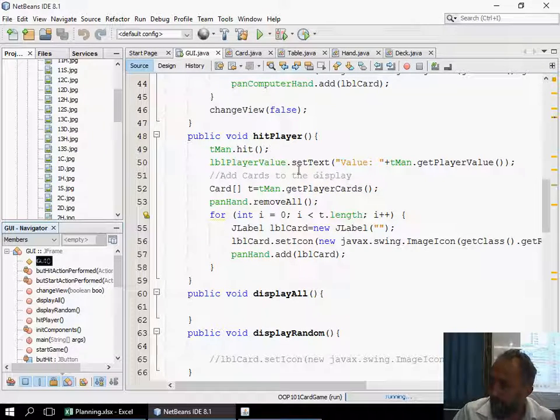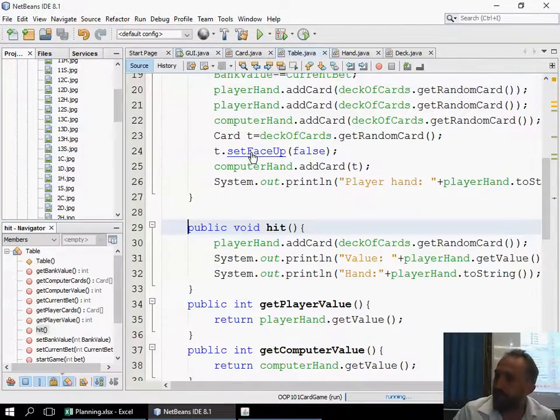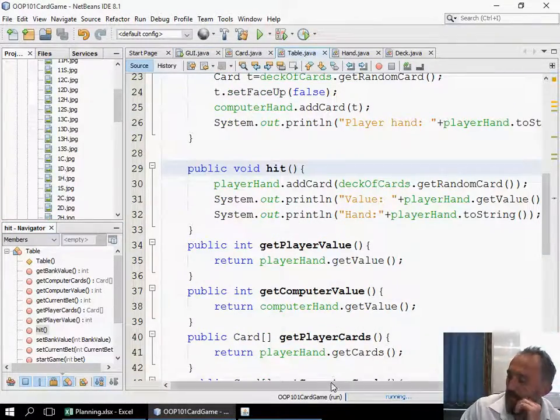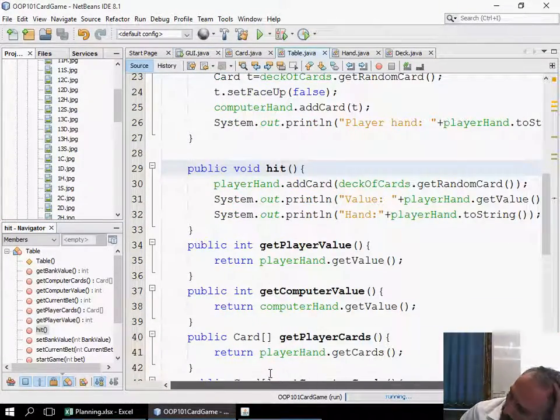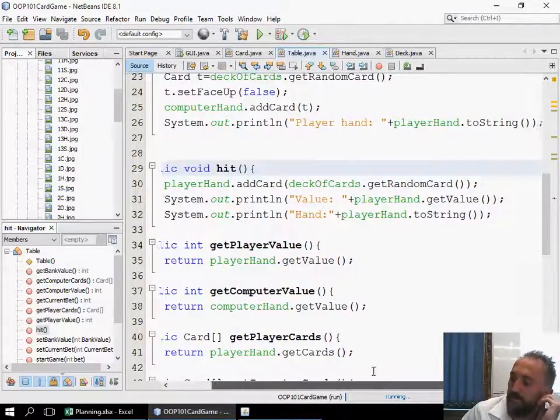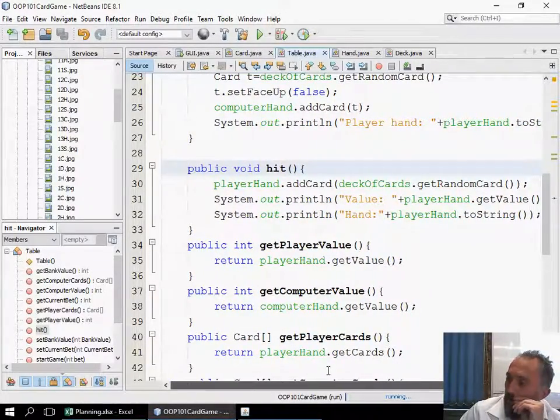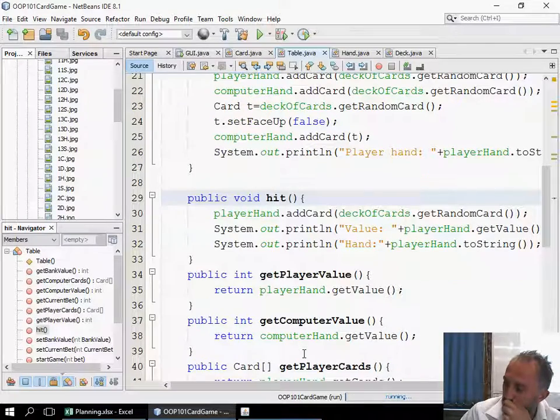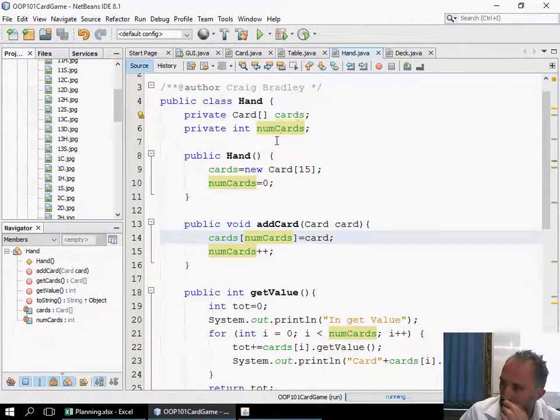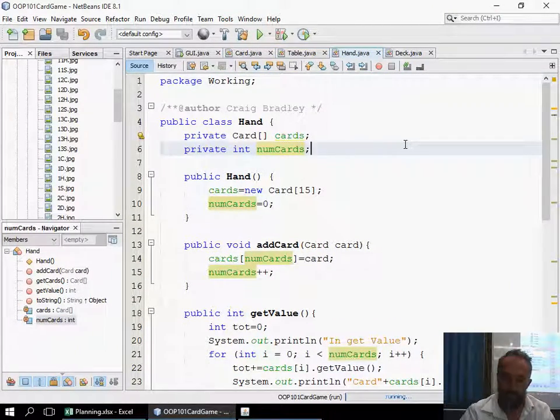So get player cards, text value hit. Okay, so here's the value here. So here's the hit value. So now get random card. We're going to have to look at the way of actually determining whether it's bust or not. Now on that, in my hand, I'm going to create an additional boolean,